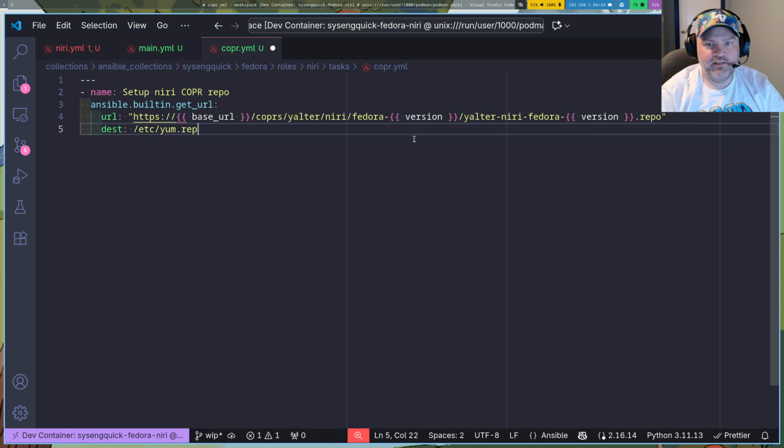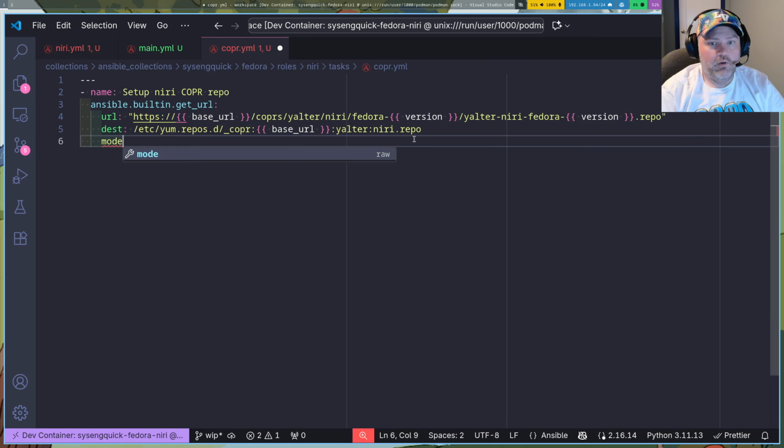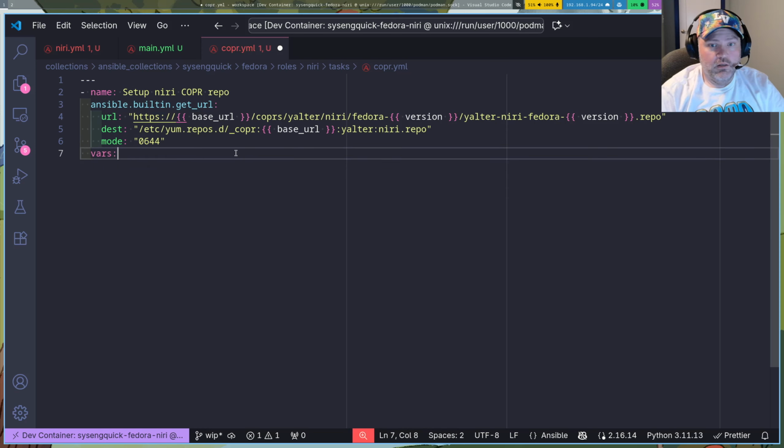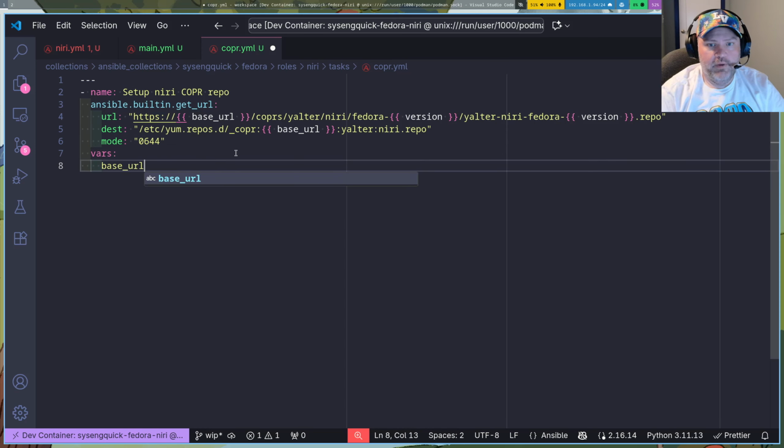We're going to store it in etc yum repos.d, and then we're going to put it in the _copper, and then we're going to put it in the base URL, and then it's going to be yalter-niri.repo. Okay, and finally the mode is going to be 0644, and I usually quote these, although I don't actually have to, I think, here. You only need to if you put these at the beginning. But anyway, it's fine. So, vars, base URL